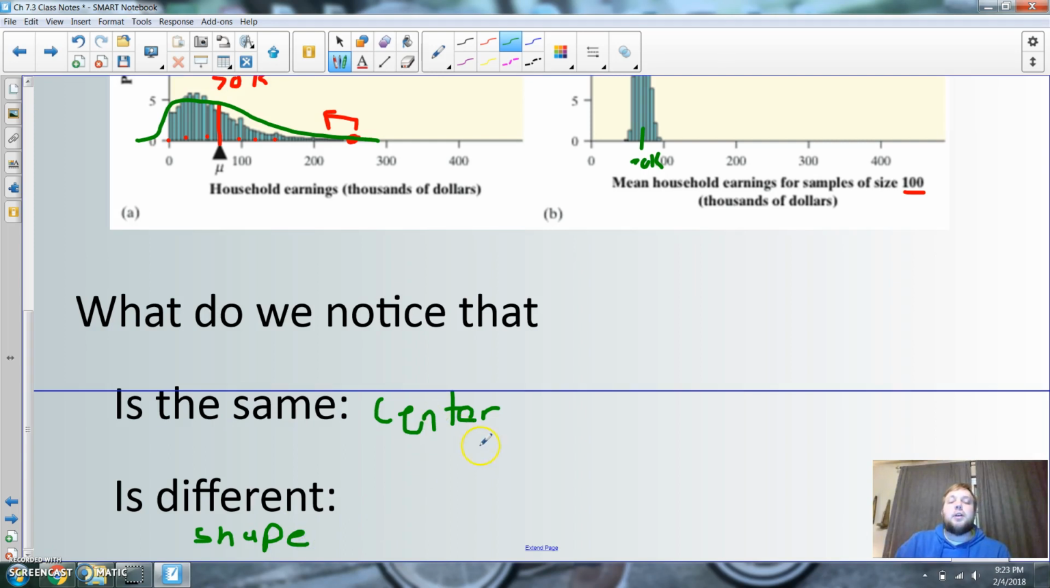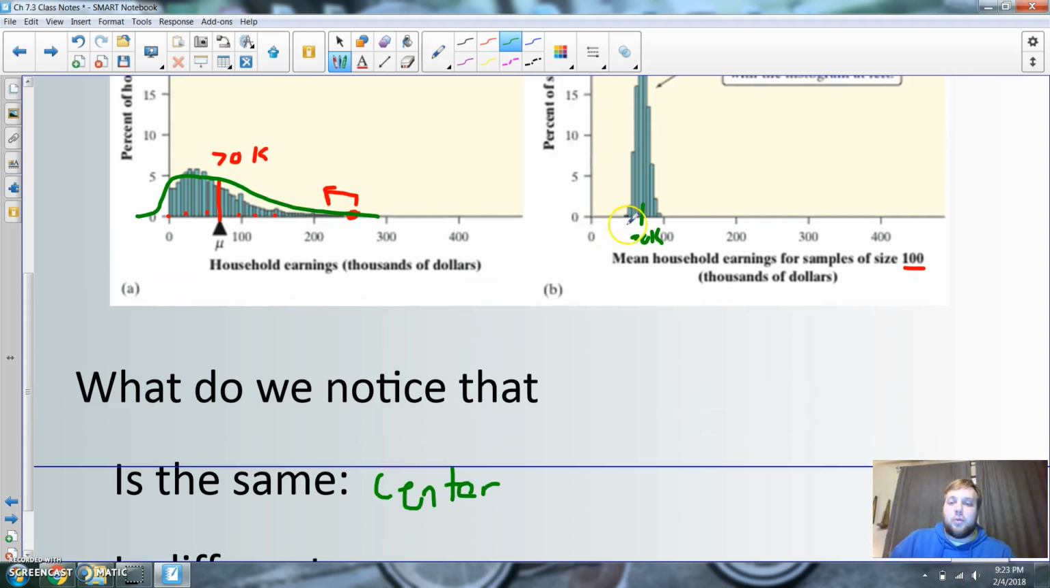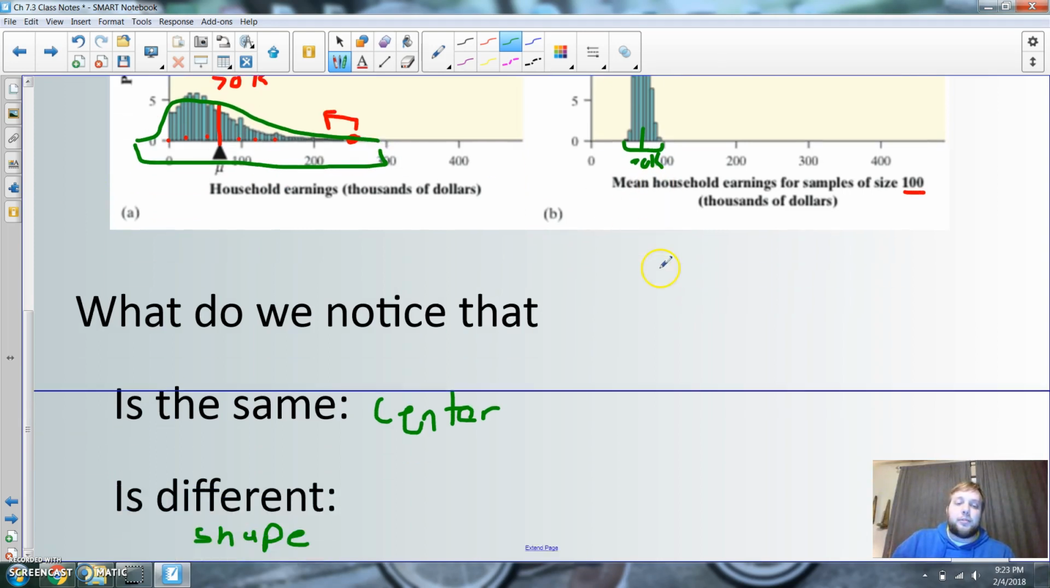Right? The center is shape, center, spread. What do you notice about the spread? Ooh, well, the spread here is only between here and here, right? The spread here is really far. So I would have to say shape and spread are different,